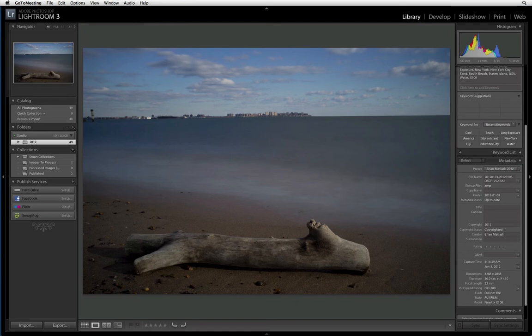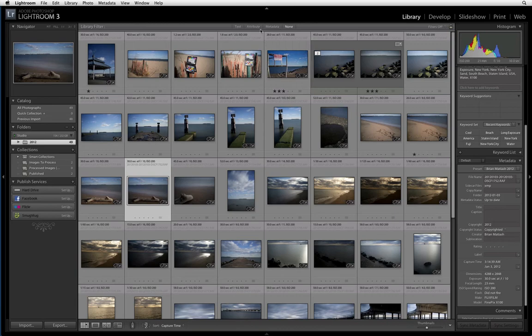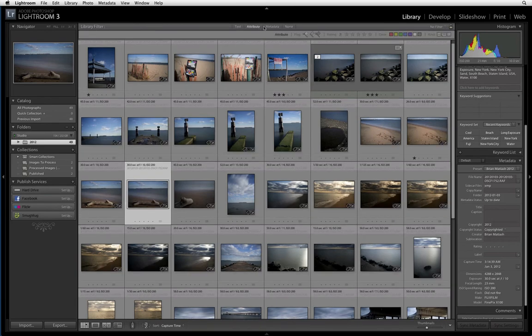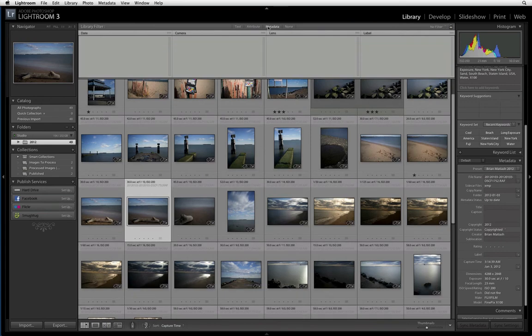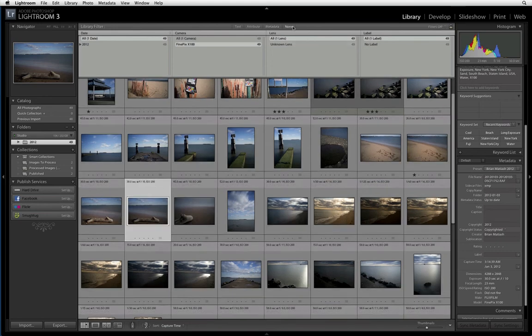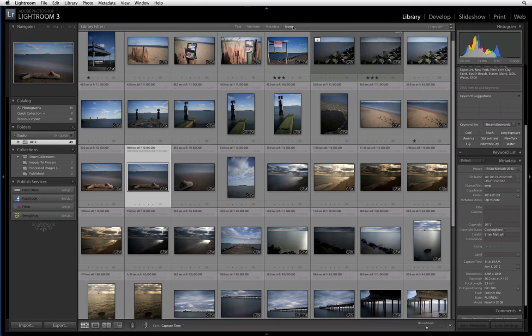How do you find photos unless you have keywords? So you can find photos based on various ways. If I go to the grid view, I can find a photo based on certain attributes, like a rating, or I can go to the metadata and find a photo based on a specific camera or a specific lens. There are various ways you can find a photo. But if you're looking for a photo based on a keyword and you didn't keyword it,